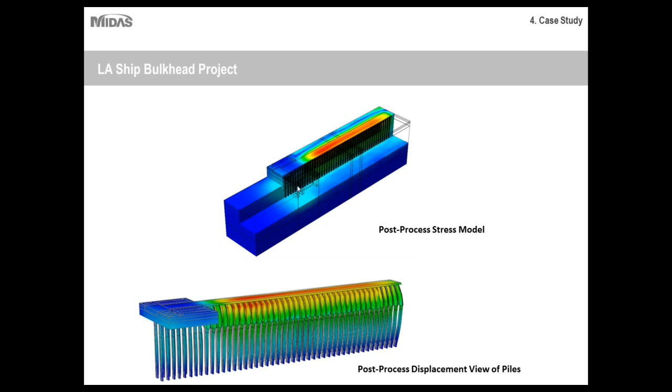So using the numerical modeling program, you can see at a glance certain areas that may be of interest to you, certain areas where values are uniform or more linear. Same applies to the displacement value. You can also get a deformed shape. That's obviously exaggerated, but you can see at a glance which piles would experience the most displacement or